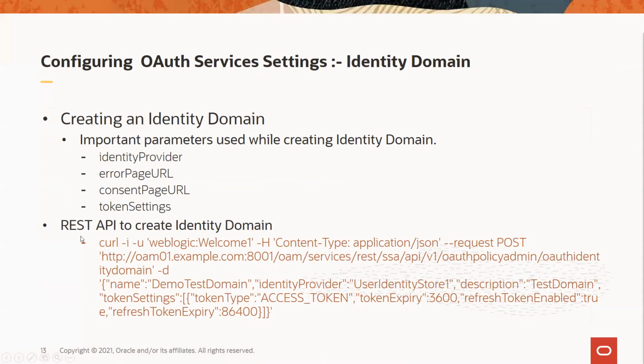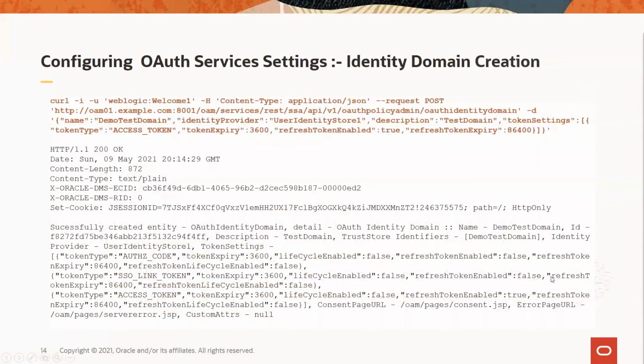So this is a typical REST API endpoint creating an identity domain, like creating the admin user password. Then you give the REST API endpoint. Then you give a name to the domain. Then what is the identity provider used? What type of token? Whether access token, expiry time, refresh token used or not. So these are some of the basic parameters shown here. And here we see a typical example when you execute a REST API command using the identity domain endpoint by providing various parameters.